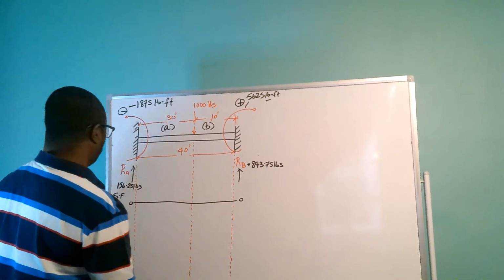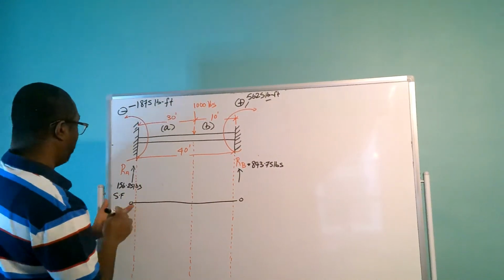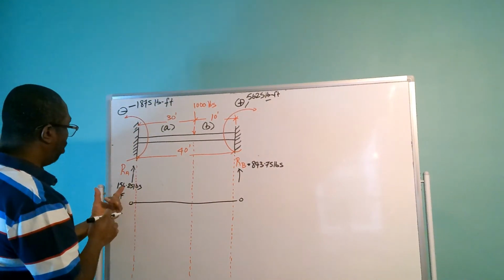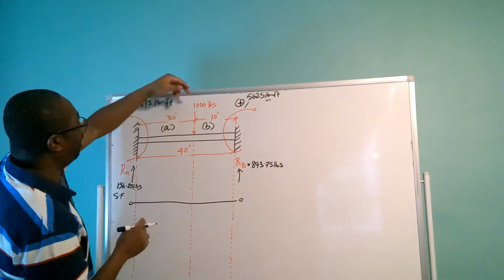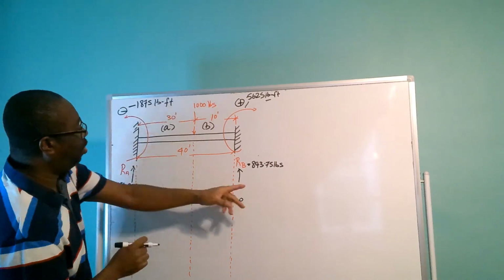If you notice now, we have here 156.25 going upwards, right? And 1,000 pounds coming down, and we have